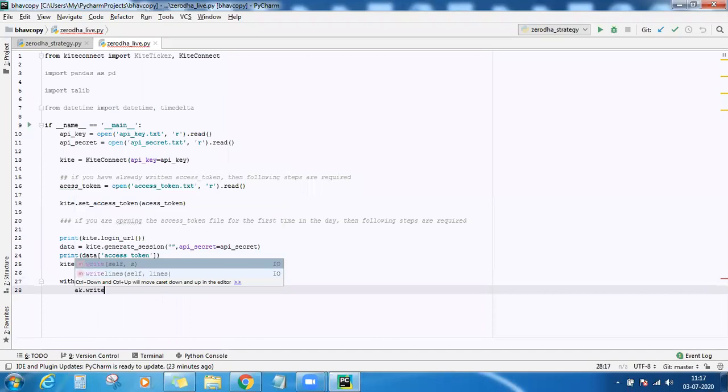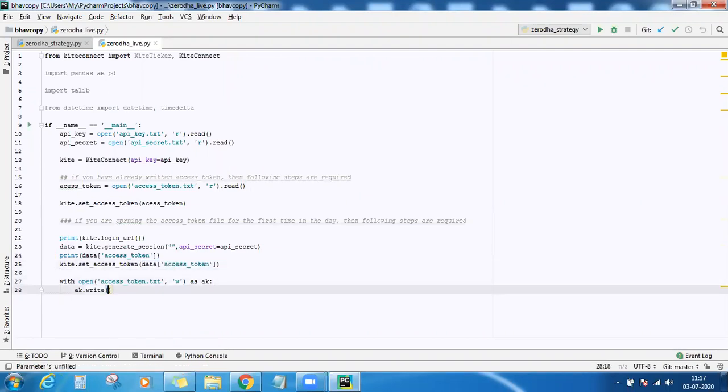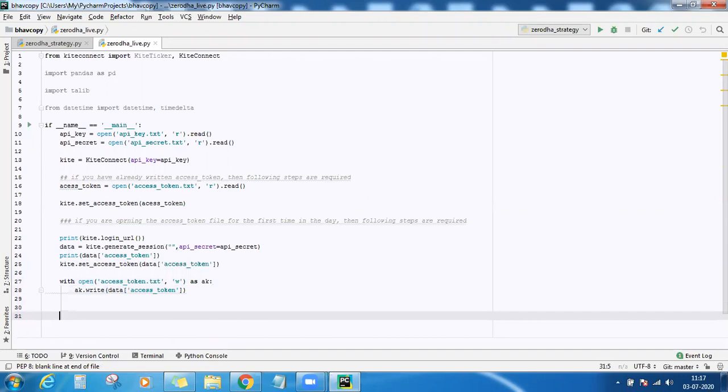What do I want to write? The access token here. So the new access token will be written.